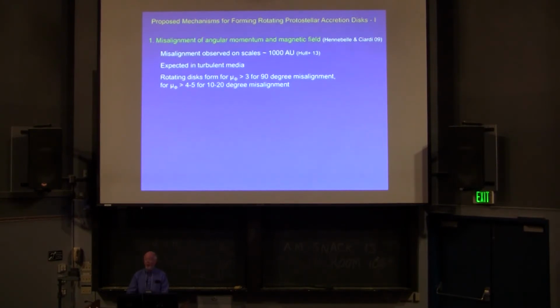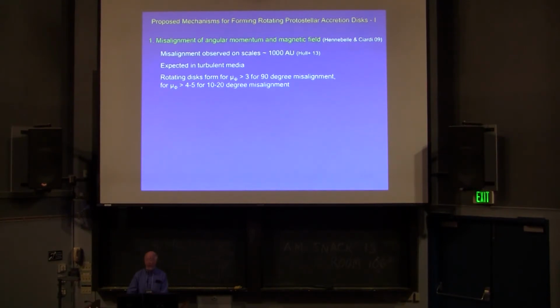So there's a big problem here, which I assume Patrick told you about, which is, of course, that you see disks. The fact that we are here means that there was a circumstellar disk certainly around the sun. And then I presented evidence to you that even at the class 0 stage, there are circumstellar disks. So the one idea, which Patrick came up with Chabrier in 2009, is that if the disk were misaligned with the magnetic field, then it would be easier to form.